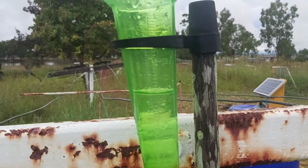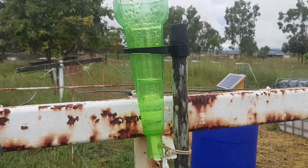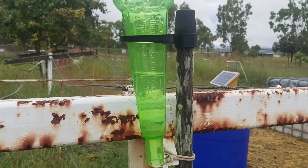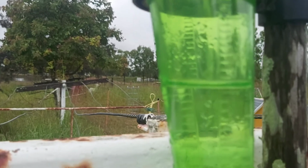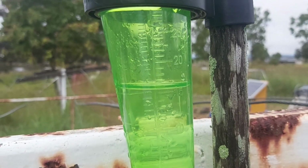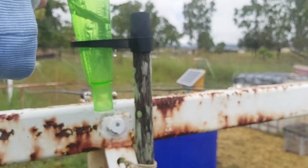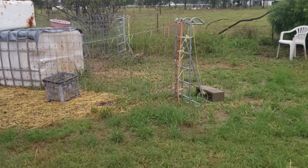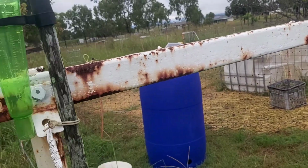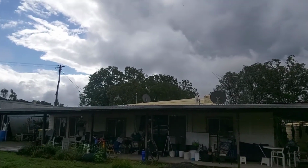Okay, so it's just starting to spit again, so I don't want to be out here for too long. But we got some rain. Woohoo! Rain! Yay! How much did we get? See, can we zoom in on that? Can we focus? It's like 16 mil. So we've had 16 mil of rain overnight and this morning. And of course, that has created some problems, because